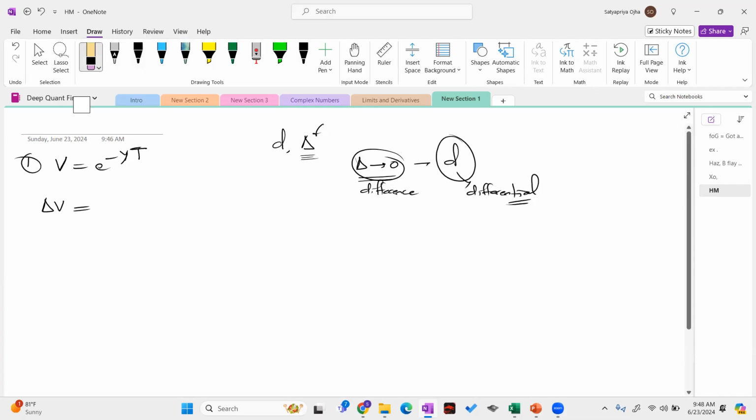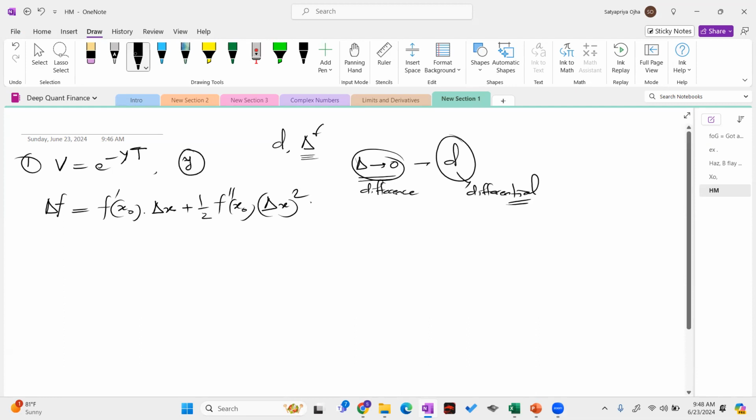First, we write the Taylor series expansion, the change formula. Change in value of a function at any point is derivative times delta x plus half second derivative delta x square. So right now the yield is, let's call it y, and yield changes by a small amount delta y. What will be the change in value of the bond? So I can write delta v is equal to derivative